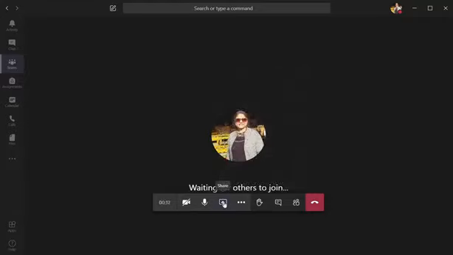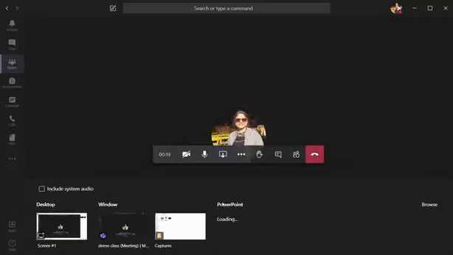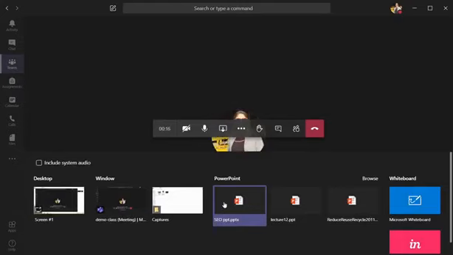Children later on can see this option. Let us discuss this share option. If you select this, you will get to see more options under it, like include system audio. This option should be enabled when you are sharing some video link with the students and the video has inbuilt audio of its own. Then this option should be ticked.